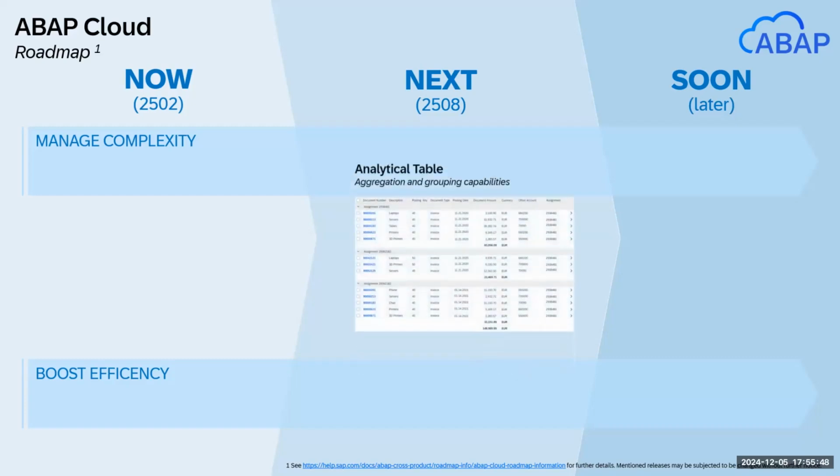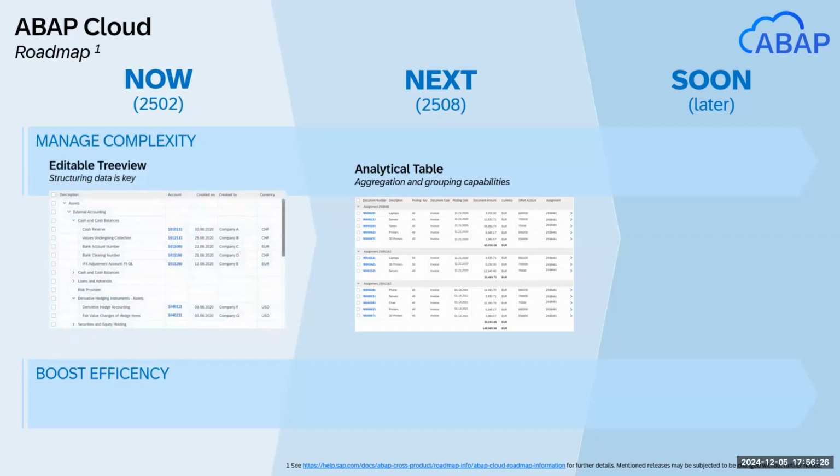And as you just saw, Christoph showed you a kind of lab preview for the analytical table. We plan to deliver this feature with 2508 and also with 2025 in the on-prem and private cloud edition. And there you are really able to define analytical capabilities, so aggregations, grouping in your transactional models. And of course, besides also potential multi-dimensional analytics, which we also support with a kind of embedded analytics mode in the ABAP server. What is already available today is the feature which we call editable tree view.